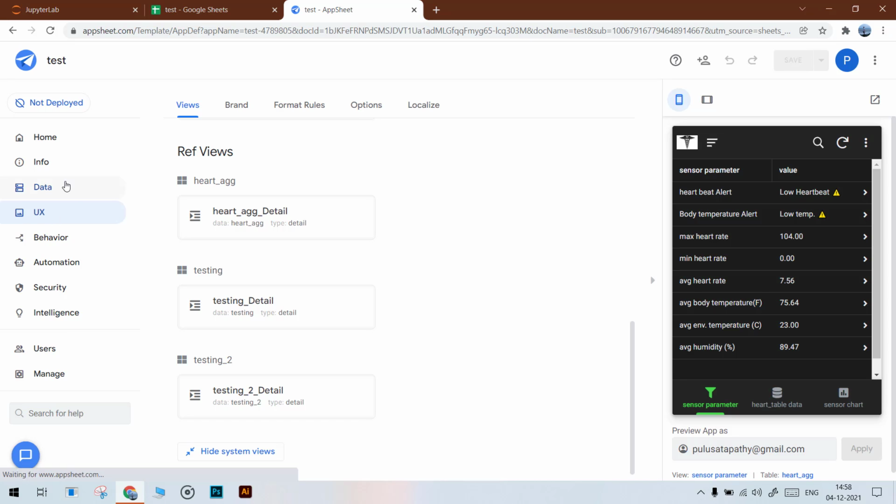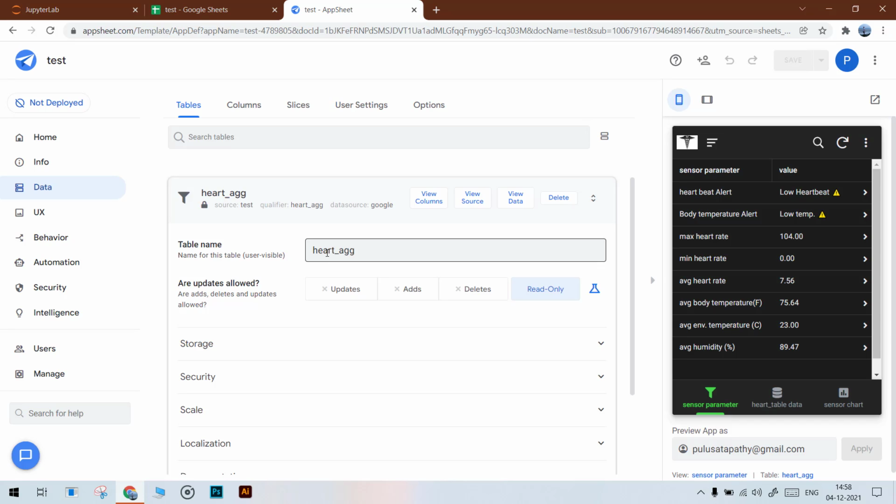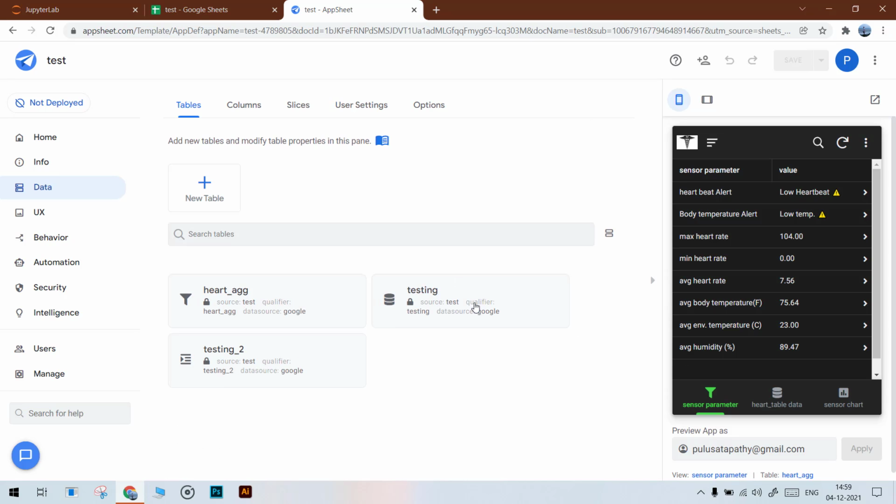Can you show the? Yeah. So the data that we are going to show is our heartbeat. If a person has a low heartbeat, then it is going to alert that person or the hospital that is getting all this data, whether the person has a low or a normal or a high heartbeat.